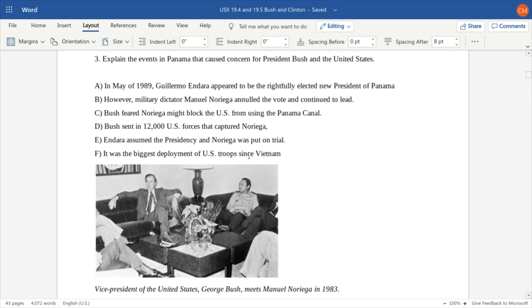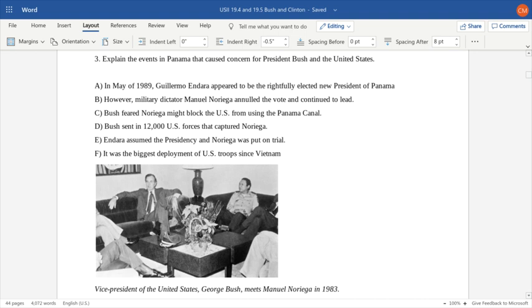One of the biggest fears we had at the time was that if the United States did not help to stabilize Panama, one of the issues could turn out to be the closing of the Panama Canal, which obviously is a huge waterway of international importance, not just to the United States, but to the global economy. Endara assumed the presidency. Noriega was put on trial, and it ended up being the biggest deployment of American forces